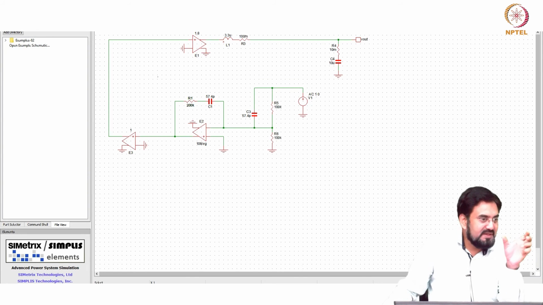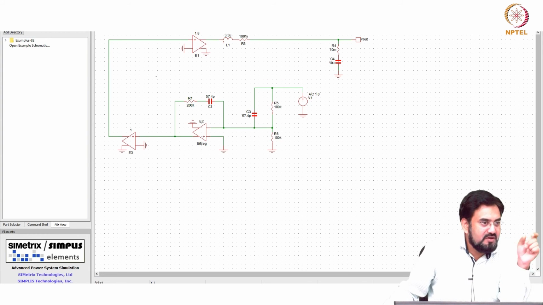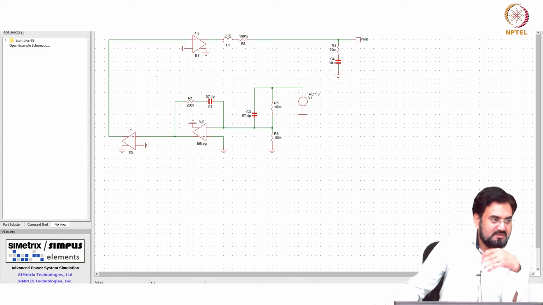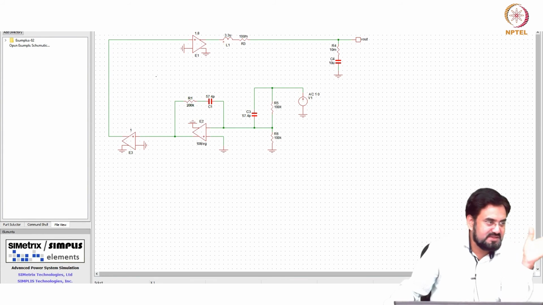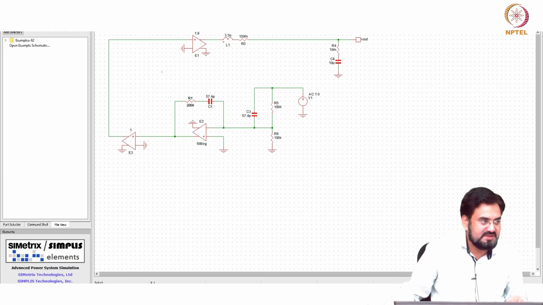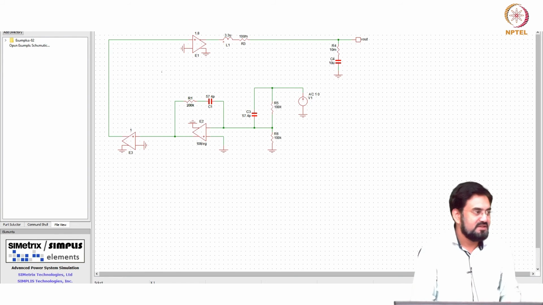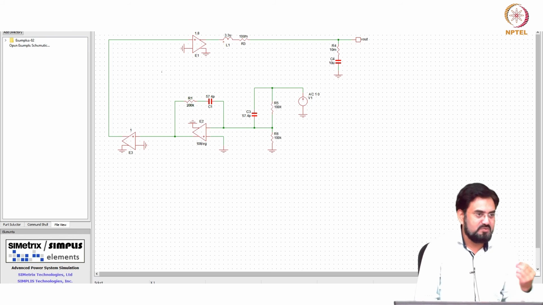So it's quite possible that when you do your hand calculation and when you simulate, your phase margin, what you are looking for, or your omega UGB, you may be slightly off, because those calculations most of the time are rounded off up to some decimal place. So don't worry about that. You may be 10%, 15% off, but it will be very close to that, and that's the whole purpose of doing hand calculation, that when you simulate in just one iteration you should be able to get the correct answer. So then after that you will know what needs to be changed in order to get the exact same value.